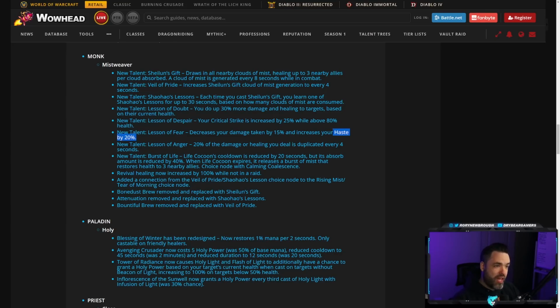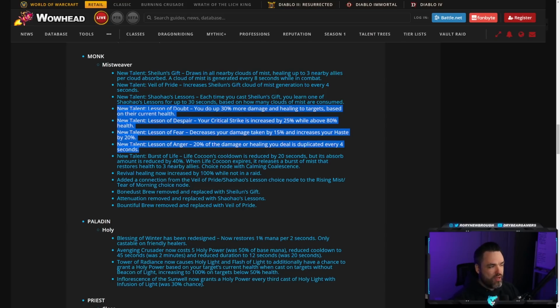This is super nice. Haste is a big thing for Fistweavers, even for regular Mistweavers like caster Mistweavers in M+, but having a way to get haste is super nice. Lesson of Anger, 20% of the damage or healing you deal is duplicated every 4 seconds. So super cool. It's kind of like its own little Cloudburst Totem. So you have these 4 options based on how many mists you have,